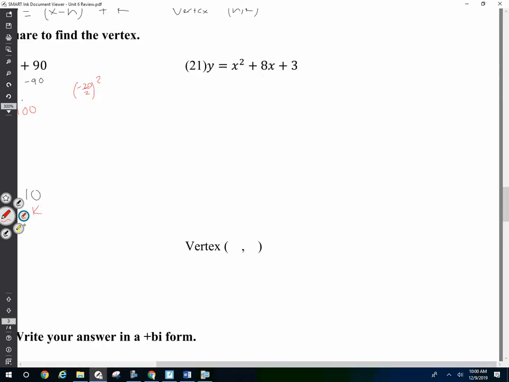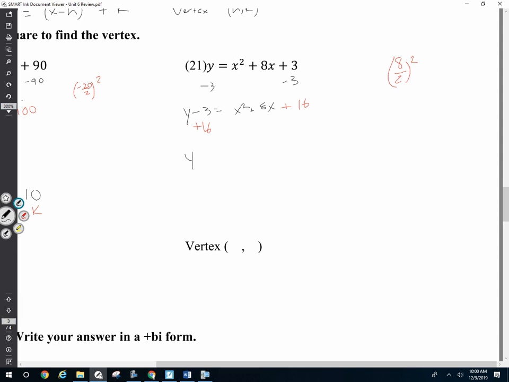All right, let's do this one. Subtract 3, subtract 3. Figure out what number to add to both sides. I can even think, okay, it's going to be x plus 4 squared, which gives me a 16. Or take the b value, divide it by 2, and square it. That's 16. Add 16 to both sides,